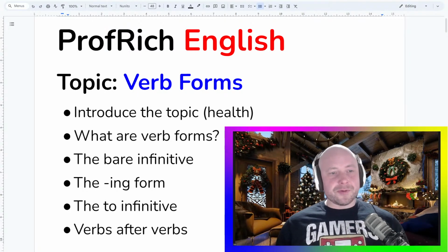What do you do that's good for your health? Do you do sports? Do you go running? Do you drink plenty of water? Do you eat healthily? What things do you do that are bad for your health? Do you drink alcohol? Do you smoke? Do you smoke the Bob Marley? What do you do that's good for your health? And what do you do that's bad for your health?